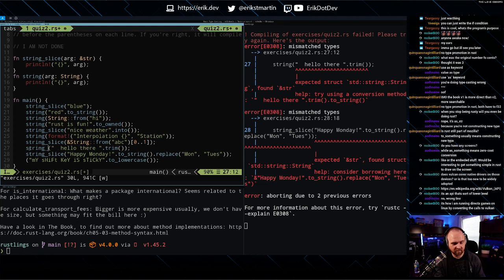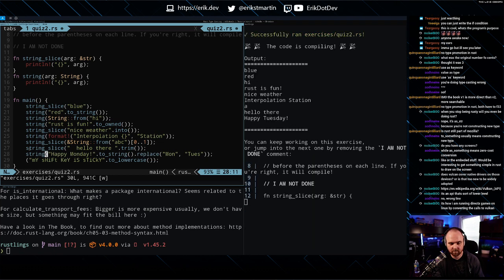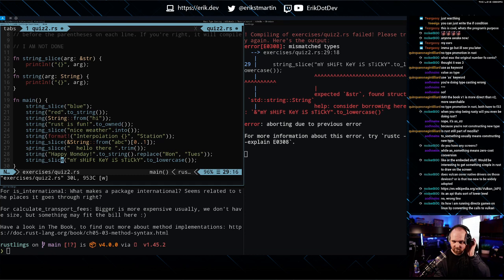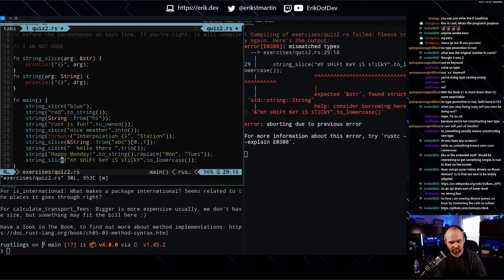Oh, wait, so this is string slice. Okay, so it worked exactly the way I thought it was. I was really confused. I'm like, why would they hand back alternates? All right, and then to lowercase. Does this hand back a string slice? Oh, okay. So that's a string.